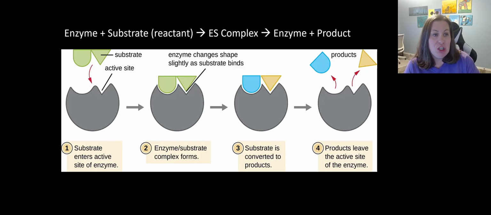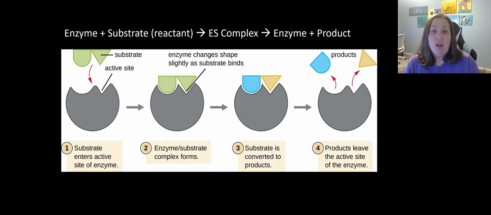That's with number 2. Once this complex is formed, we're going to see that the enzyme can change shape, and it will either build it or break it depending on what the enzyme's job is. In this particular case, we're starting with this green molecule, and we're going to break it into a blue and the yellow molecule. And so this substrate is converted into its products, and then the products are released from the